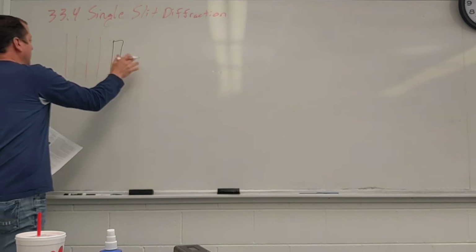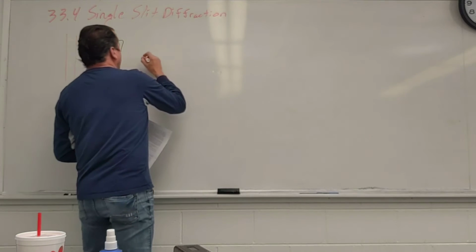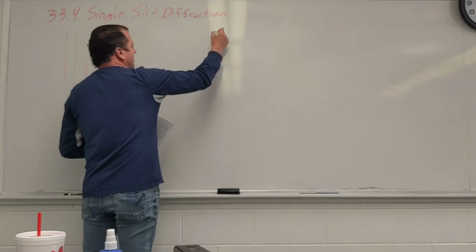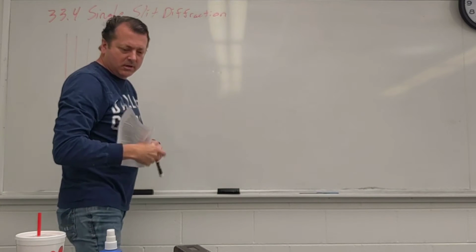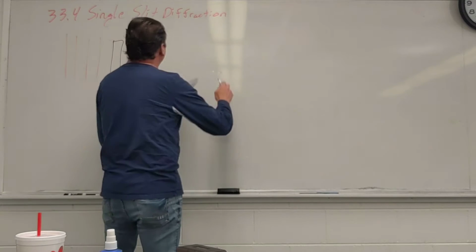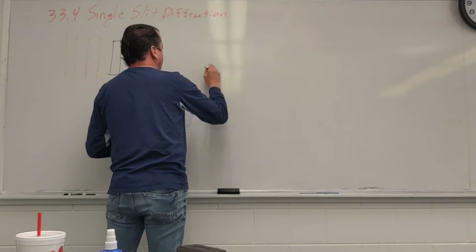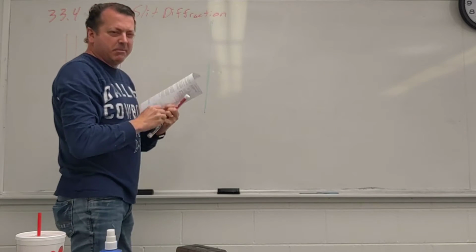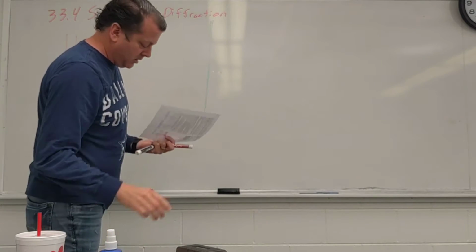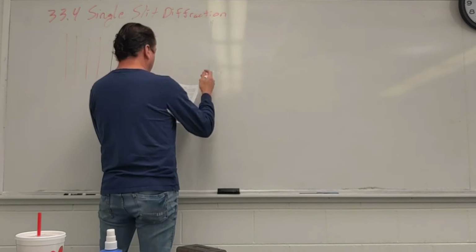It will diffract such that out here in what we call the far field, a good ways away, we'll say a meter or so away, you'll get a pattern that would look